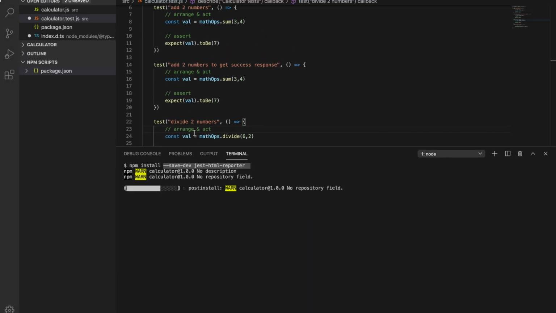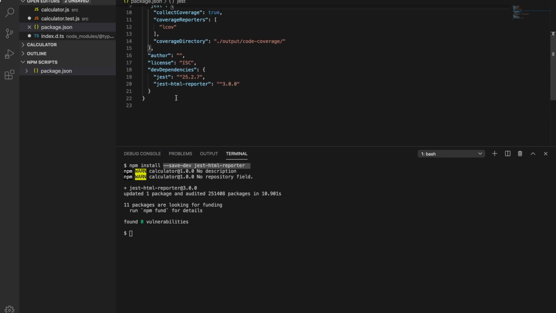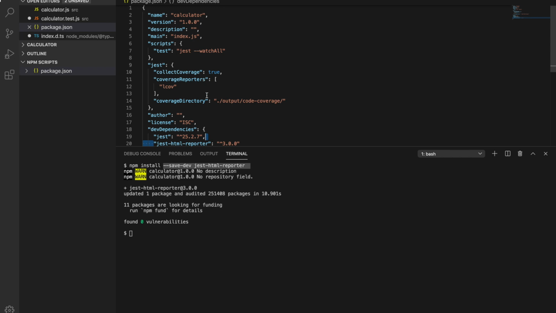So once this is installed, and if you open your package.json, you will see that it's showing the jest html reporter now as part of dev dependencies. In order to use that, you have to add another property in the Jest configuration named reporters, and you have to write here the path to this reporter package, that is jest html reporter.